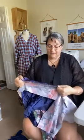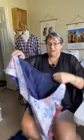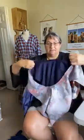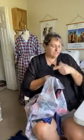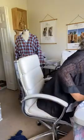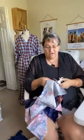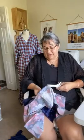There we go. Looking pretty good. So next thing we're going to do is trim this seam down to 1/4 inch. It's just easier for turning, and we will also put some notches in it where the curve is. So I'm not going to trim the whole thing for you, but